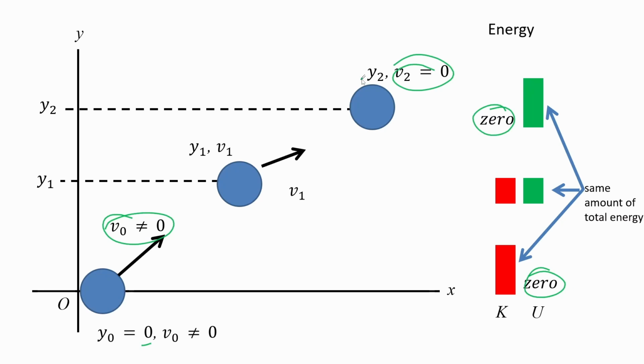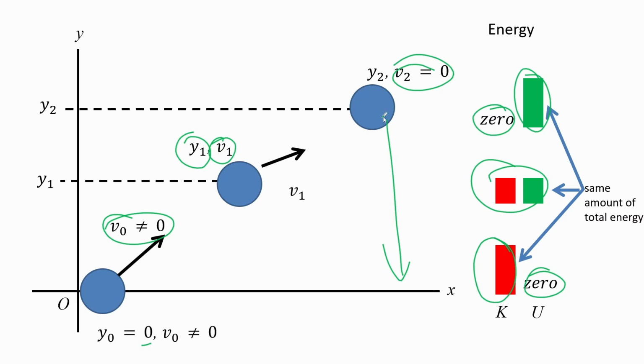At the middle, you will notice that it has height and it also has velocity. Therefore, it has both kinetic and potential energy at that point. Not necessarily equal, but maybe depending on the point they are the same. Okay. So essentially, it tells you that you are converting your kinetic energy towards potential energy. But of course, when it falls down, you are converting potential energy to kinetic energy.